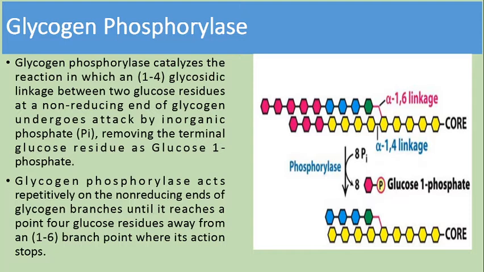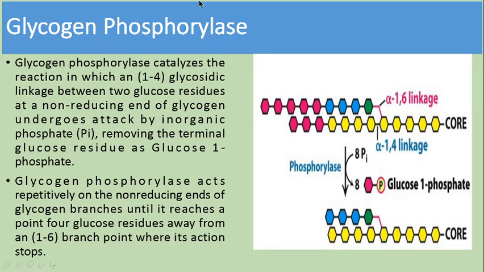So, the role of glycogen phosphorylase. This glycogen will undergo phosphorylase action. Phosphorylation of glucose will take place. Phosphorylation means adding a phosphate to the terminal glucose residue. One by one the terminal glucose residues will be phosphorylated with the help of the enzyme called phosphorylase enzyme, and the terminal glucose residue will be cleaved in the form of glucose 1-phosphate.